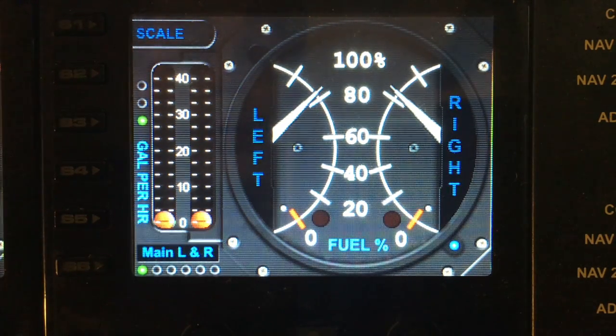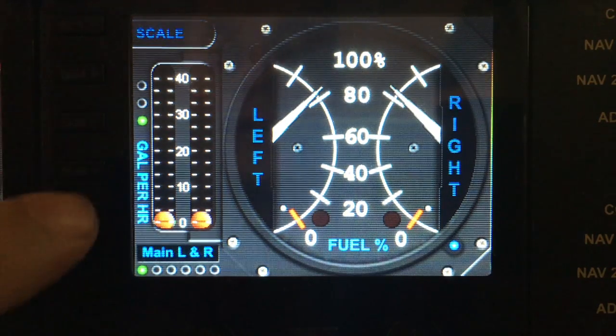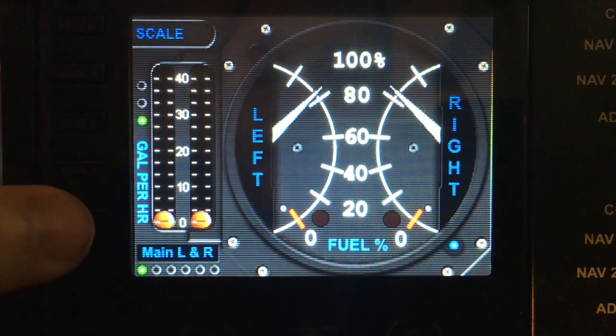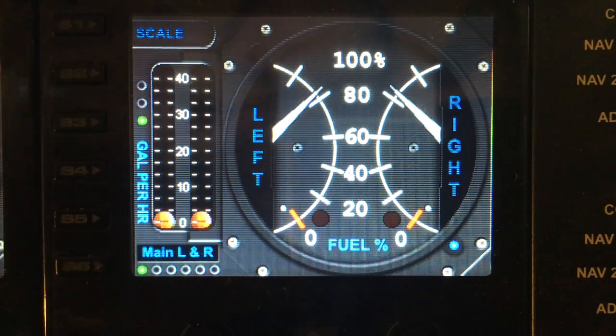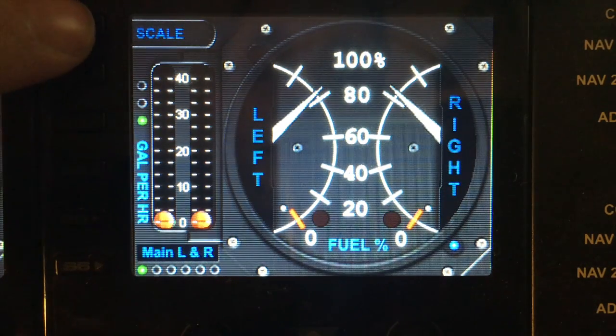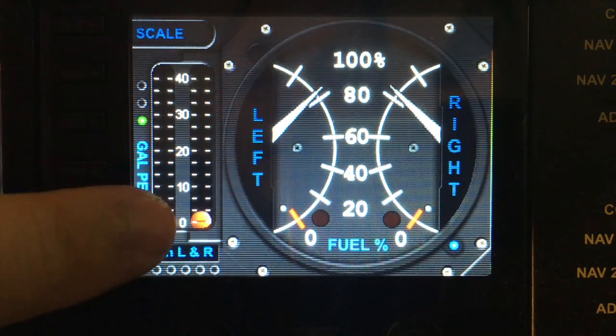Today we're showing you the fuel gauge. Let's start with the S keys down the left hand side. S2 to S5 on this gauge are not used, and you're free to program those within SPAD.neXt as you see fit. S1 is used to change the scale of the gallons per hour, and currently it's showing 0 to